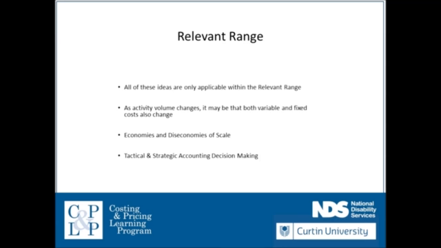I've already talked about the relevant range, but of course this is an area over which the board might strategise, particularly looking at what ideas are applicable within going from one relevant range to the next, whether there's an opportunity for increasing activity volumes or changing what you do to such a substance that you can actually decrease the overall cost of each service that you provide or the aggregate cost of those services at the corporate level. Remembering the relevant range is the range of activity and the time over which that activity is undertaken, in which your assumptions about fixed and variable costs and cost relationships are true. Beyond the relevant range, they change.